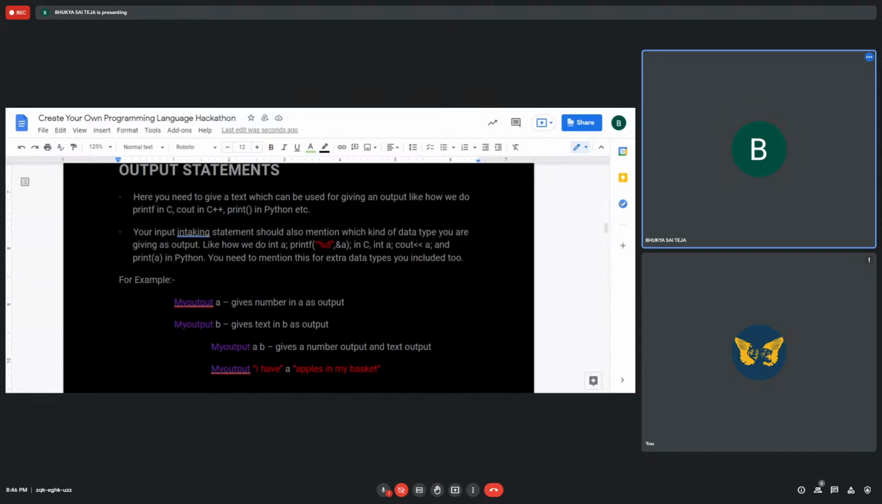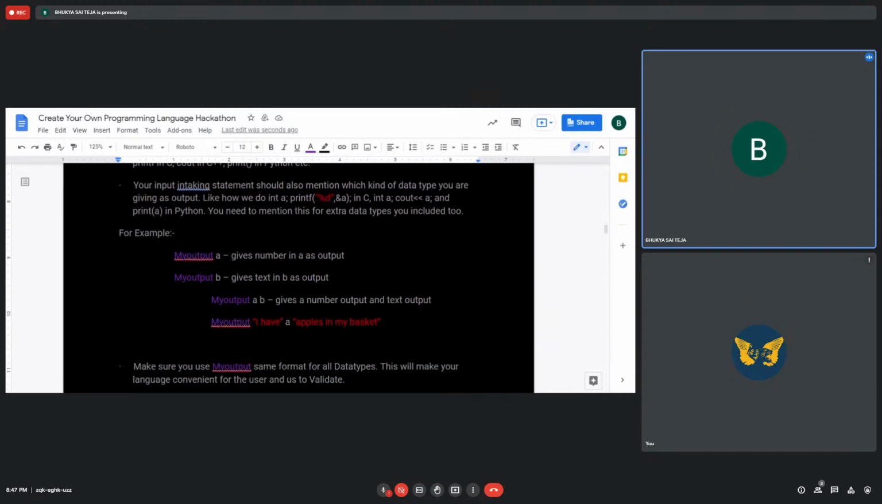Okay, for that I mentioned something like my output. So whenever I write my output, the computer would understand that I am actually giving out an output for the user to see. Okay, so the computer will understand that this guy wants to give an output of so and so number or a text or boolean value or whatever. Okay,